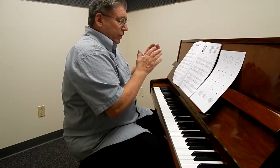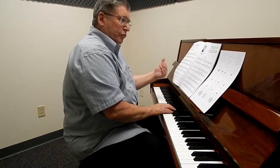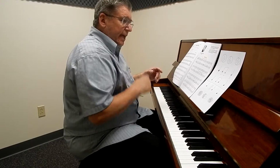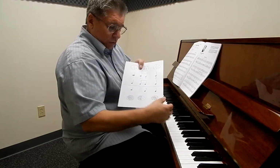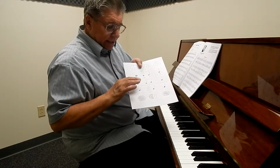Now, how would we count that? Well, we know that when we break it up into 2 halves, we say "and." And if we don't break it up, we just say the full number. So we would go 1, 2, and 3. 1, 2, and 3. To do the dotted quarter note, we have a quarter note, which equals this, but we